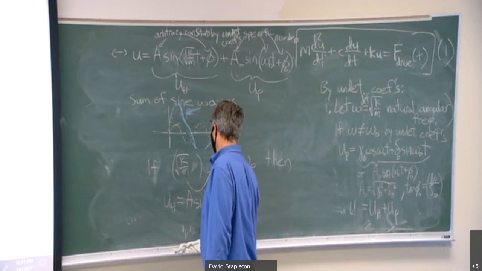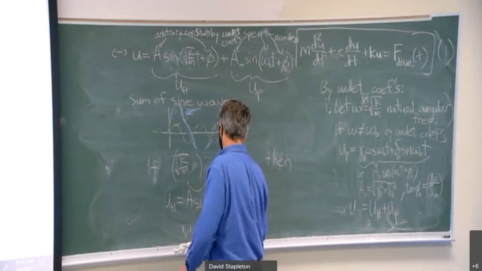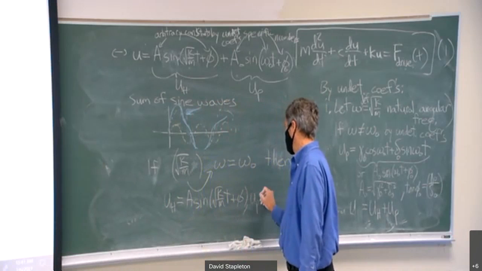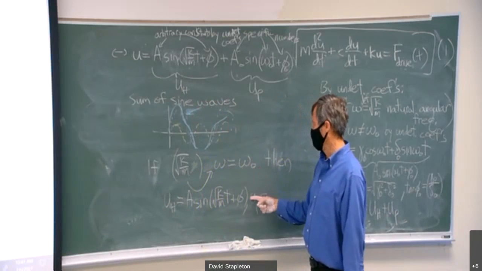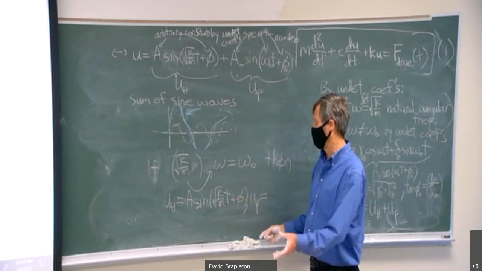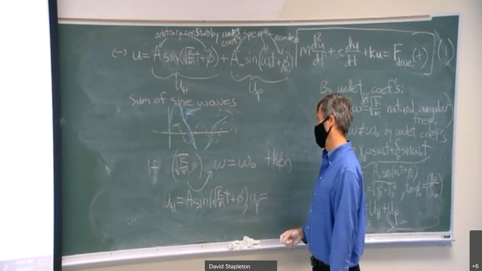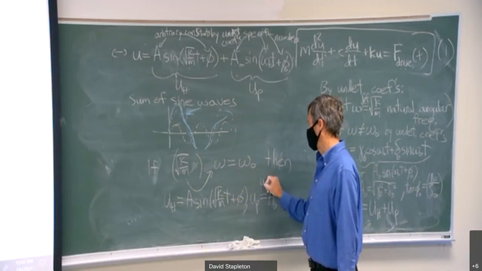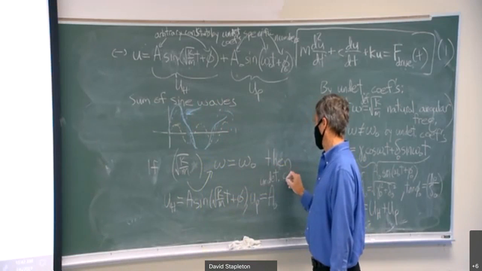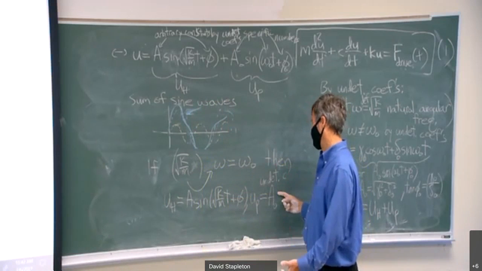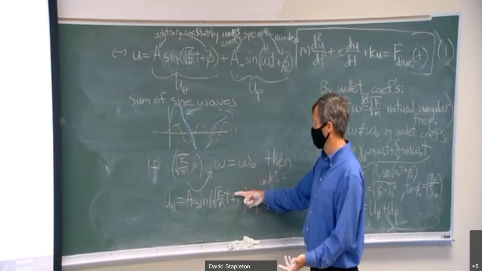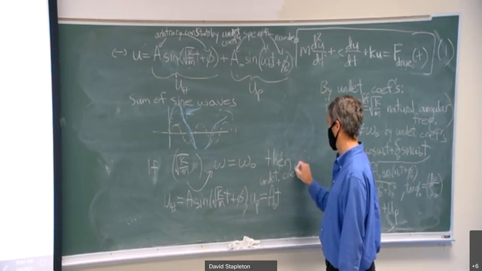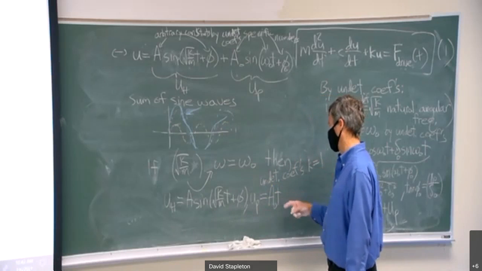A sine square root k over m t plus p. But the particular solution cannot be of the same form. Remember when you drive it with the same frequency as the natural frequency, undetermined coefficients says that the particular solution will be a homogeneous solution unless you multiply by t. So you have to put k equals 1. So undetermined coefficients with k equals 1, you have to multiply it by t